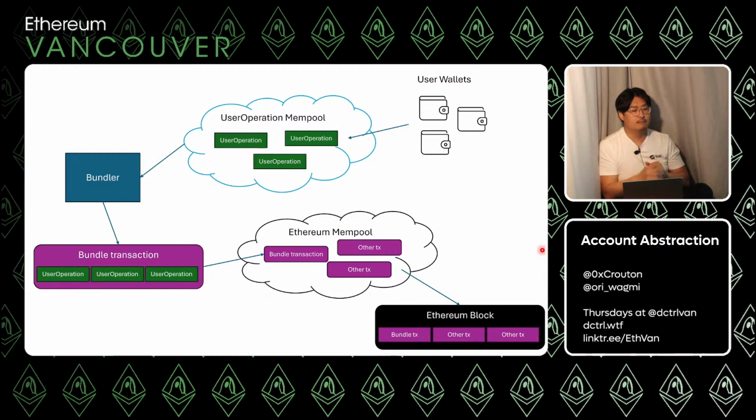Exactly. So the user wallet just uses whatever that user signature is. Maybe in this example, it could be both an EOA signature and your email password, for example, and then you submit that as part of the user op. Okay, I think I get that. Thank you.